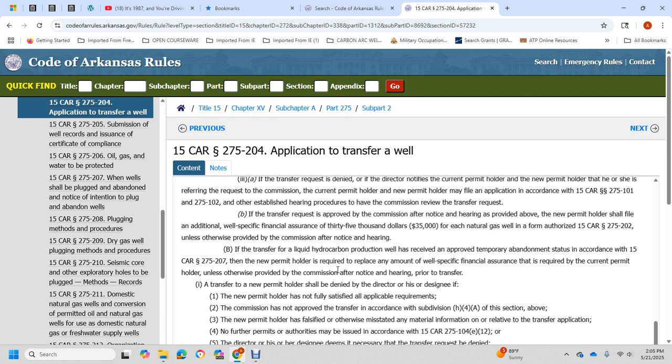Above, the new permit holder shall have an additional well-specific financial assurance of $35,000 for each natural gas well, in accordance with Title 15 Code of Arkansas Rule 275-202, unless otherwise provided by the commission after the notice. If the transfer is of a liquid